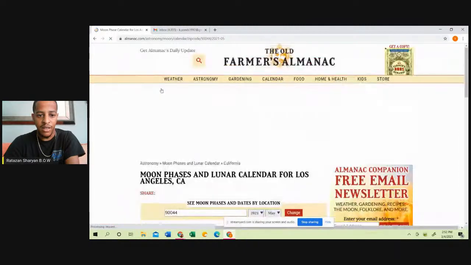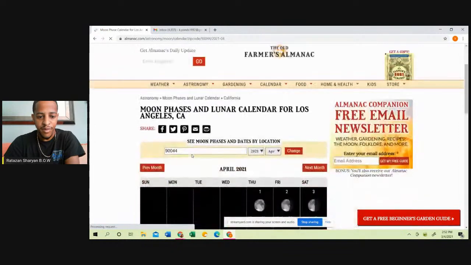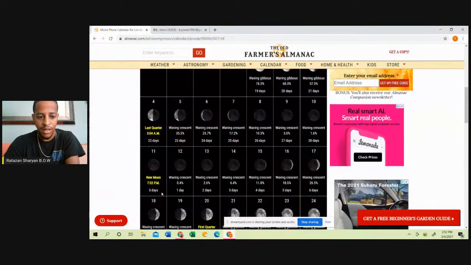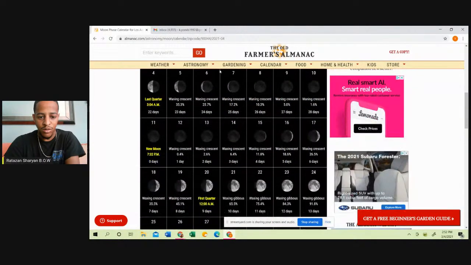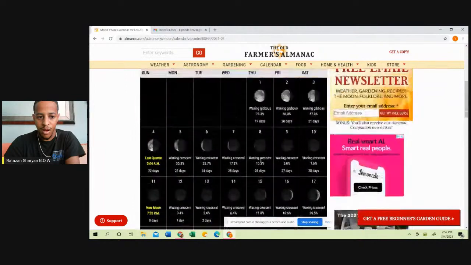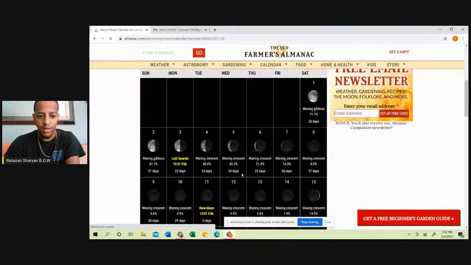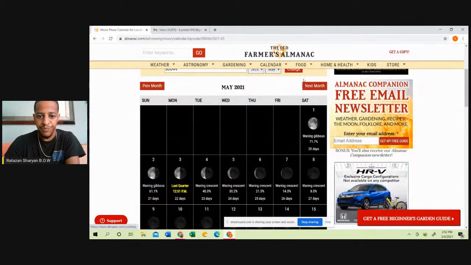Let's go back and count the months. This is the Farmer's Almanac, the one I like. So we had the beginning of our month on the 11th right here. So this is one new moon, which was on the 11th of April. We're going to count all the way to 7 new moons. This is 2 new moon in May.